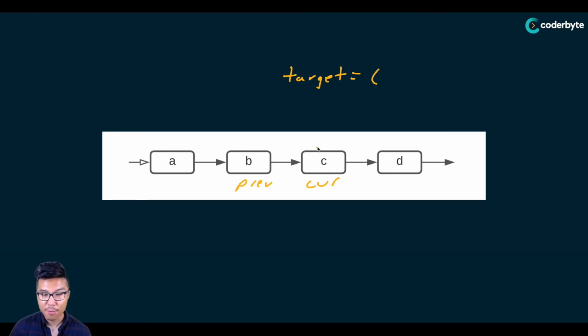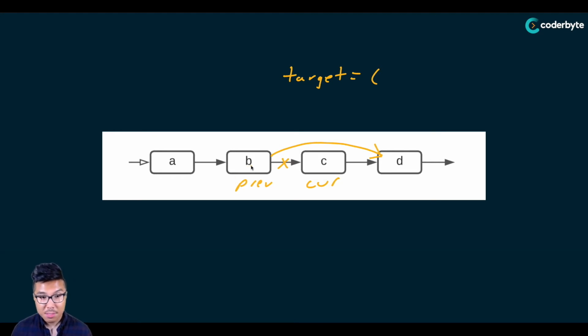But to actually perform this deletion, I must take this previous node and make some edits to it. In particular, now that I have a reference to the previous node, I can take previous and set its next to just be current's next, right? So I can kind of kill this next pointer over here and reroute it pointing to D over here, right? But the key idea here is that I'm going to need access to not only the current node to check that I'm deleting the correct node, but I'm also going to need a previous pointer to actually perform that